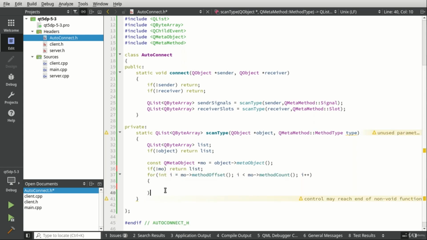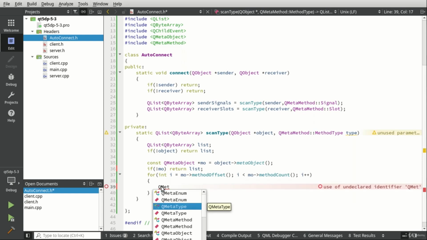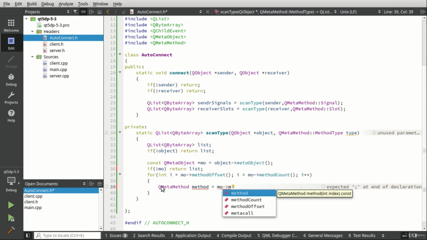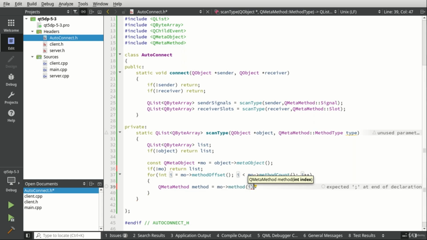We're just going to return our blank list if we can't get that meta object. And then we're going to say QMetaMethod, because signals and slots are really just methods. And we want MO method and then whatever the count is. Then we're going to say if